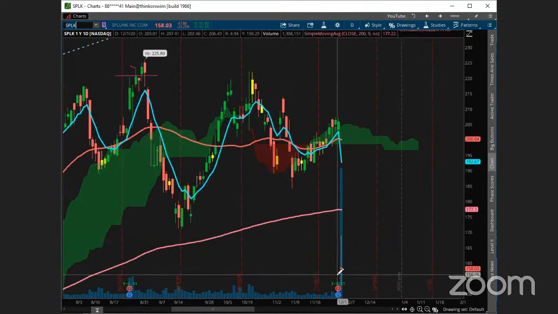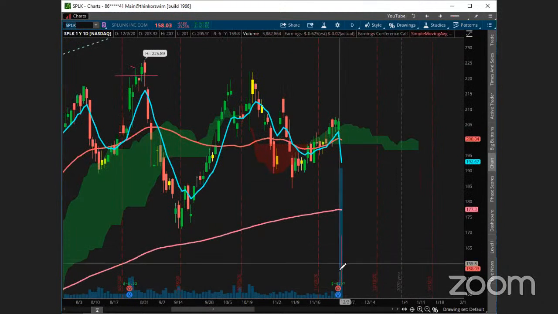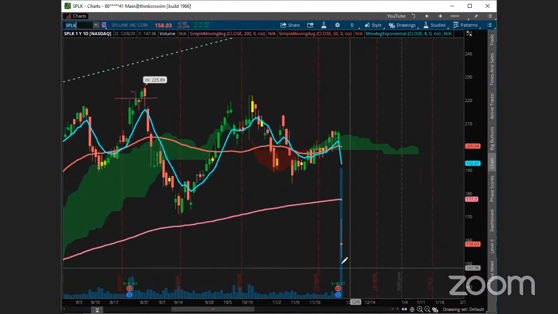SPLK got Splunked last night. Look at that thing. It's way down here, guys. Some nasty move right there. That's going to be tough. At this point, just watch to see if it pushes below the lows and the highs. That's going to give some major levels to trade with on that. So again, it'll probably consolidate down here for a while. It'll probably be some accumulation, and then eventually they'll try to break out. But we'll wait till it gives us some volume on the breakout. So good stuff there. AD, what's going on?